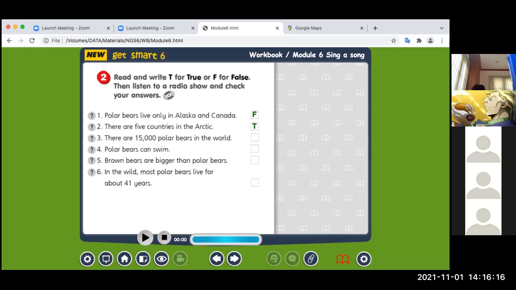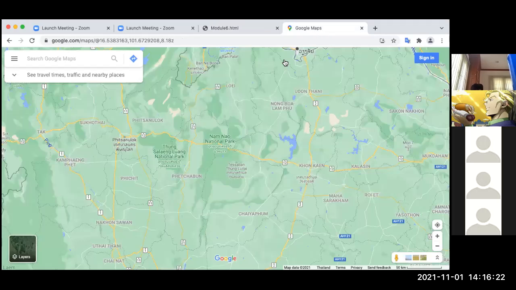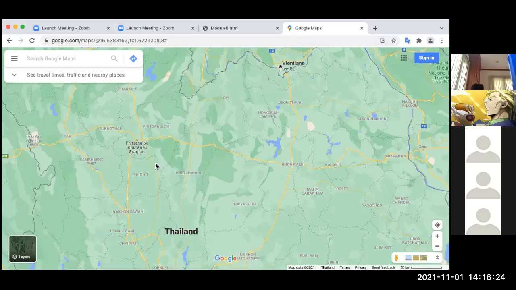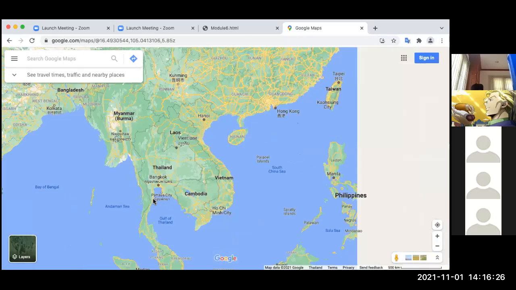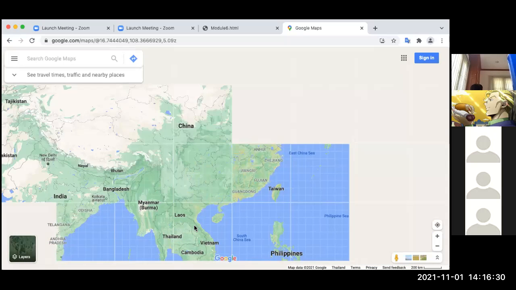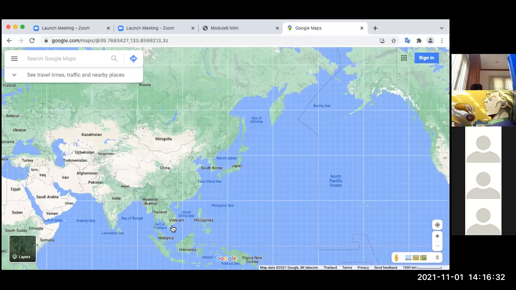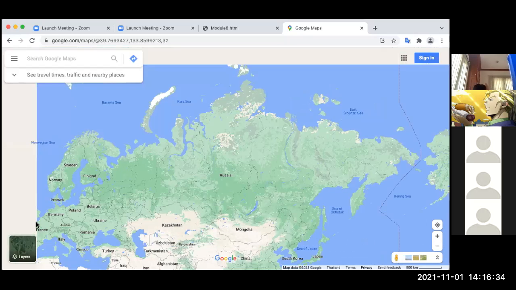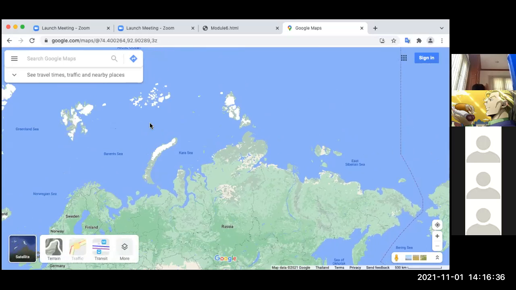You can Google it. England. No. Okay, let's look at the maps. We can take a look at the maps or you can Google it. Okay, so this is the Arctic. Let's see it as a globe.